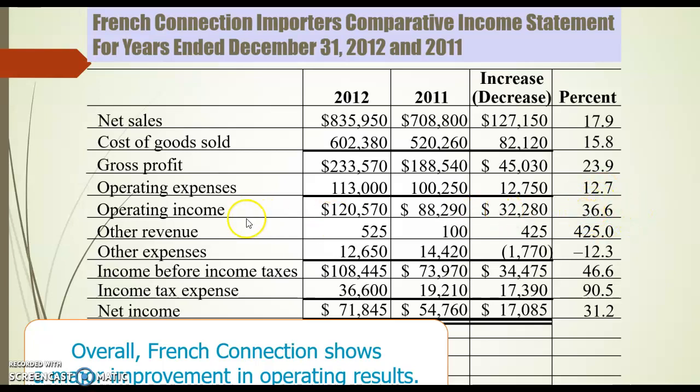Now we have other revenue, and that's a 425% increase. However, the dollars are very small compared to all these other dollars. So we would disregard other revenue. I'm not going to waste my time investigating other revenue. Even though the percentage is high, the dollars are real low. You want the percentage to be at least 10 or 12%, and you want the